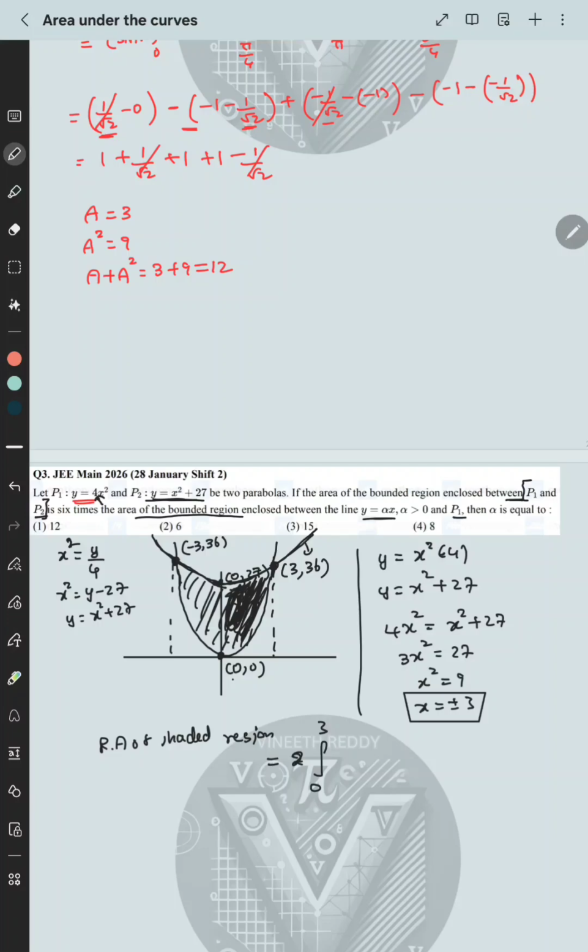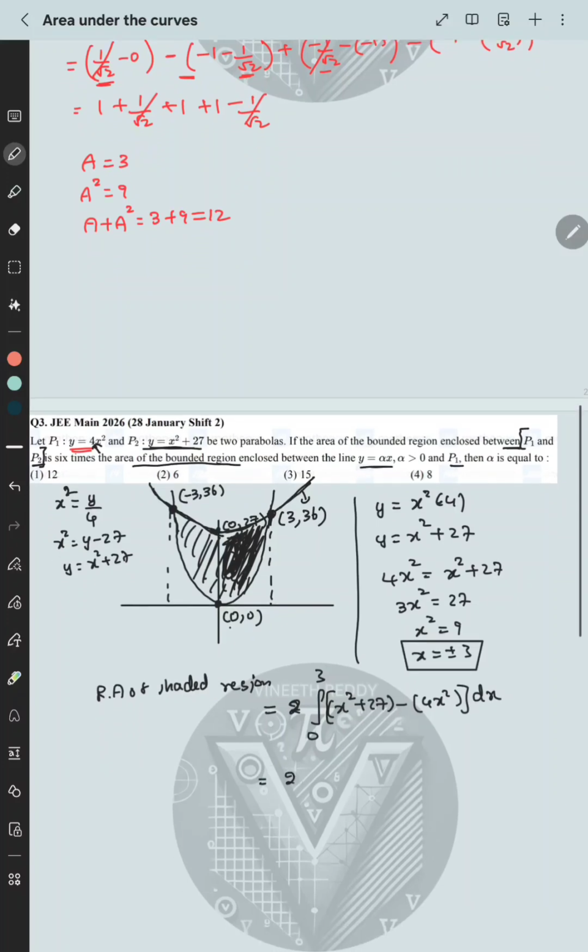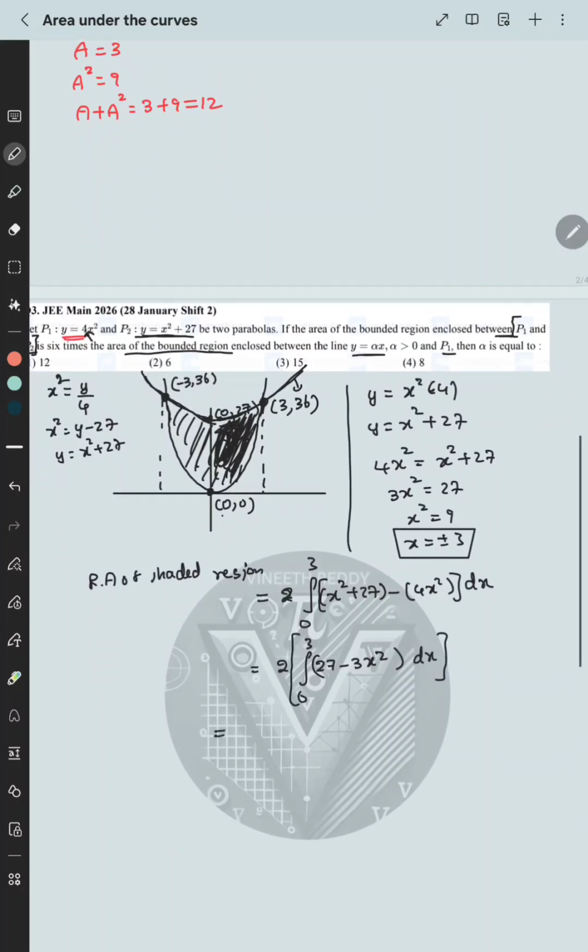अपर कर्व हो गया ये वाला पैराबोला 2, तो y क्या होगा उसका, x स्क्वायर प्लस 27 माइनस लोअर कर्व। लोअर कर्व क्या होगा, लोअर कर्व होगा y इज इक्वल टू 4x स्क्वायर। तो ये लिख दिया हमने, राइट। तो ये समझ में आ गया होगा बच्चों क्यों हमने ऐसे लिखा, ये डिफरेंस ऑफ y कोऑर्डिनेट्स लिखा हमने। तो इंटीग्रल 0 टिल 3 क्या आ रहा है, 27 माइनस x स्क्वायर माइनस 4x स्क्वायर इज माइनस 3x स्क्वायर, अच्छा 27 माइनस 3x स्क्वायर आ रहा है, राइट। नाउ वी कैन ऑल्सो टेक 3 कॉमन, सो वी गेट 2 इंटू 3